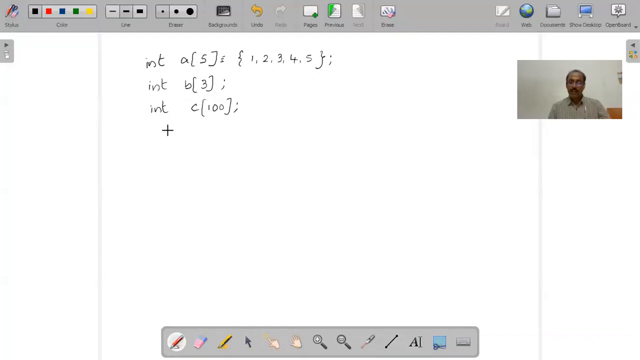For the second array, I want to assign values like b of 0 is equivalent to 10, b of 1 is equivalent to 20, and b of 2 is equivalent to 30. So the first one is directly assigning at the declaration. The second one, after declaring, I want to assign individually the members of the array. And now the third one, I want to have one more variable